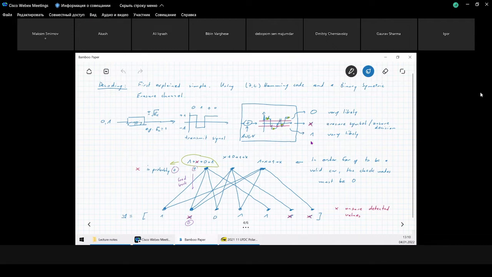And if we consider these three possibilities for received or detected values, we can model a received sequence where we say, okay, a safe detected 1, some unsafe detection, so the value around 0, we are not sure about this one, some more safe ones, and two more unsure detected bits. And then let's see how we can